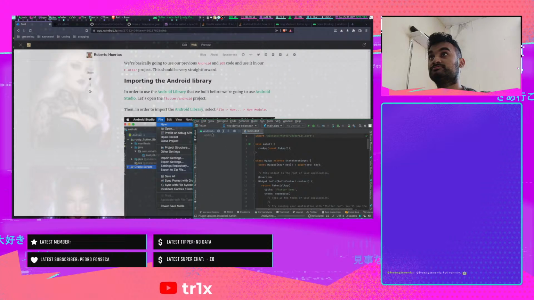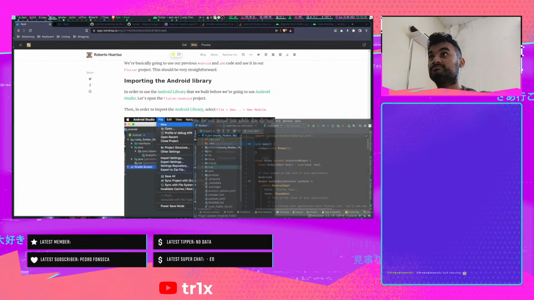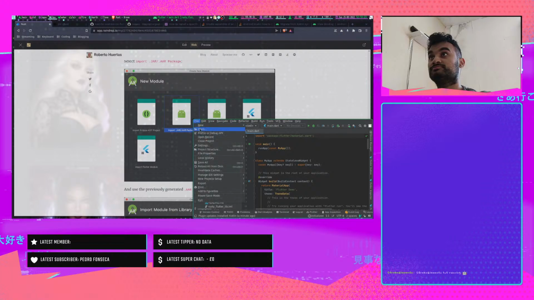Gotta wait for this to load. Let me just do project because it'll be easier. Everything will load. Yeah, now it has an Android folder. I think the plugin thing might have worked before, but now it's different, or he might have just written it incorrectly like he did before. But we'll move on. So I need to import the module,